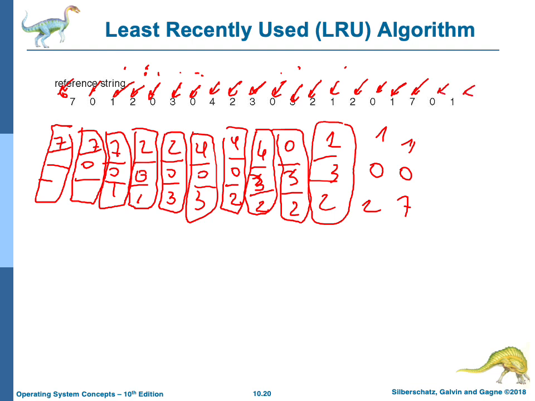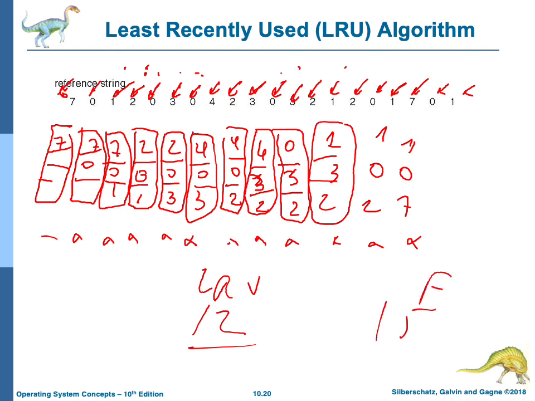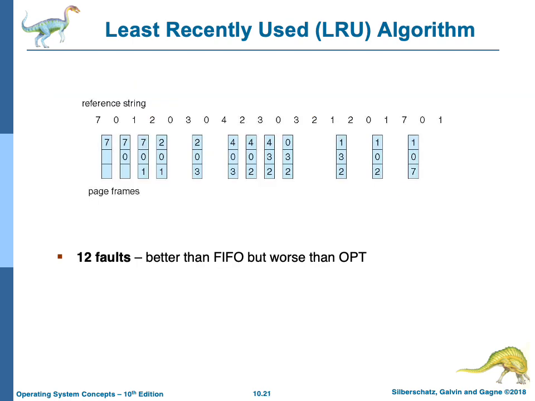So how many page faults? 1, 2, 3, 4, 5, 6, 7, 8, 9, 10, 11, 12. So this yields 12 page faults using the least recently used algorithm, compared to 15 page faults when we used FIFO. And so as we saw, the least recently used is better than FIFO. It gives us fewer page faults, but it is worse than the optimal algorithm, which only gave us 9